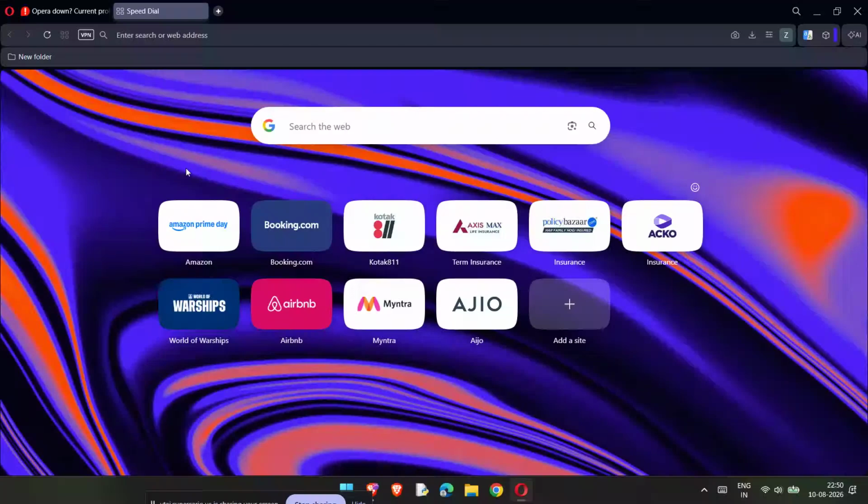If you're seeing the Opera error 4000, don't worry, because in this video I'm going to show you exactly how to fix it step by step. This is a simple troubleshooting method that can help when a page won't load properly, a video won't play, or Opera is acting up because of browser settings or cached data. By the end of this video, you'll know how to refresh Opera, clear the right data, and get things working